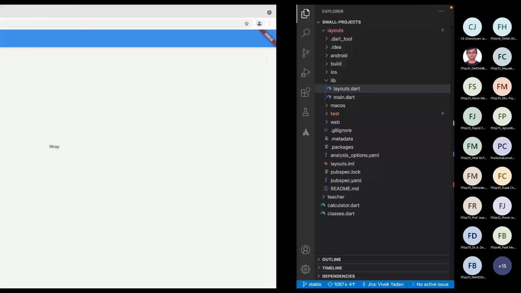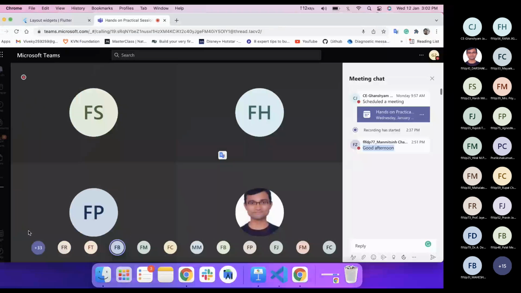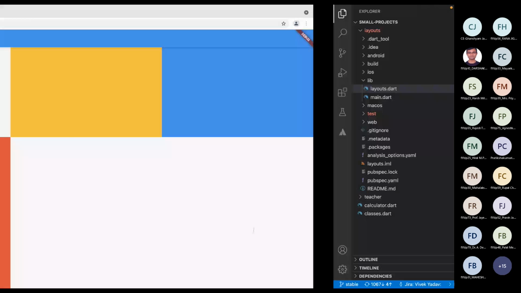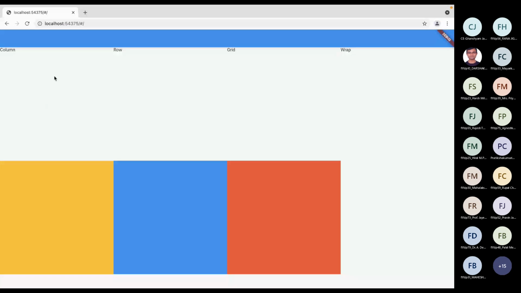So in one line there are 1, 2, 3 items. In the second line we have 3 items, and in the third line we have only one because that is what we are left with. We can also make it 4. When we make it 4, this grid will take four items in every row. So we can see 1, 2, 3, 4, and then 1, 2, 3.